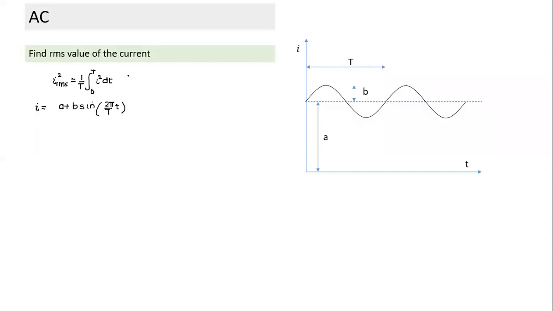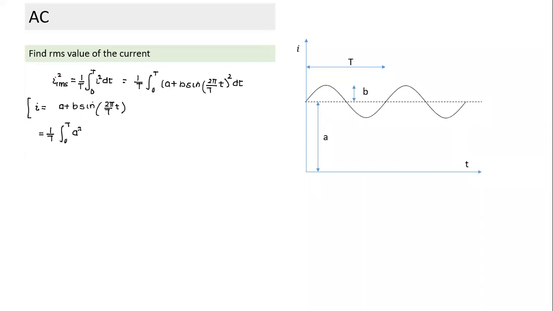So what is RMS? This is the I function, and so you can write this as 1 by T, integral from 0 to T, of A plus B sine of omega t, whole squared. I can find first of all I RMS square, and then take the square root to get the value. This is simple integration. We can solve this question in two different ways. One way is the typical step by step mathematical approach: 1 by T, and let's square this function.